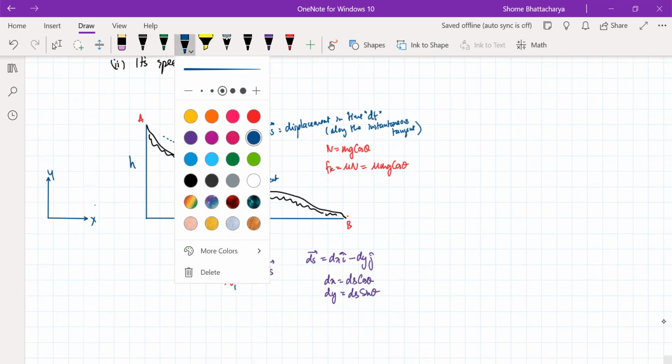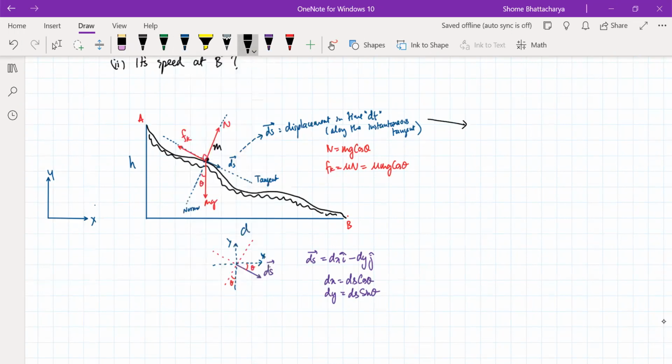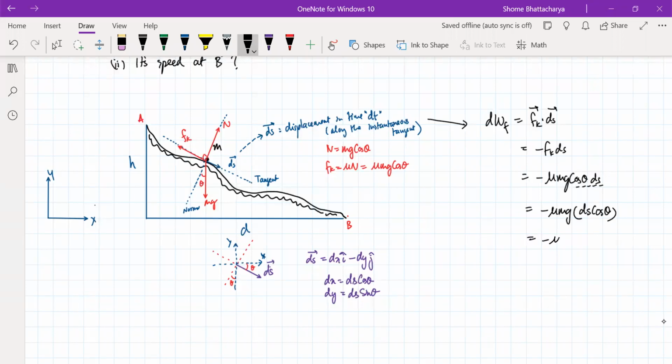So during this small displacement, or during this small time dt, the work done by friction will be kinetic friction's dot product with displacement. So that you can see is minus kinetic friction into ds. So that is minus mu mg cos theta into ds. Okay. So you can see that actually becomes minus mu mg ds cos theta. These two terms you can put together here. So that is actually minus mu mg dx. So this work done by friction during that small displacement is actually this term, but it can be reduced